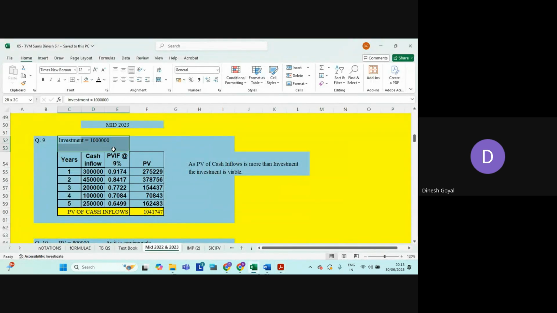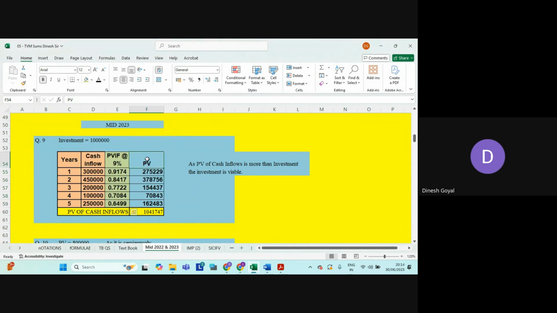तो ये तो मैंने बताया है कि इन्वेस्टमेंट 10 लाख है और 5 साल है, ये टेबल बना के करना है। ये कैश फ्लो दिया हुआ है, रेट ऑफ इंटरेस्ट 9% दिया हुआ था, तो ये दो तो क्वेश्चन में दिया है। This we will have to find. ये पीवीआईएफ का फॉर्मूला 1/(1+r)^n, यानी 1 डिवाइड बाय 1.09 रेस टू 1 करोगे तो ये आएगा, 1/1.09 रेस टू 2 करोगे तो ये आएगा, सिमिलरली 1/1.09 रेस टू 3 करोगे तो ये आएगा, रेस टू 4। ये पीवीआईएफ का वैल्यू यू विल गेट।